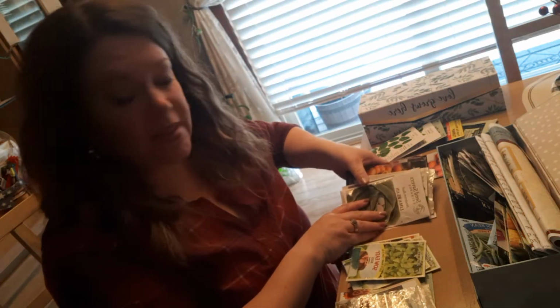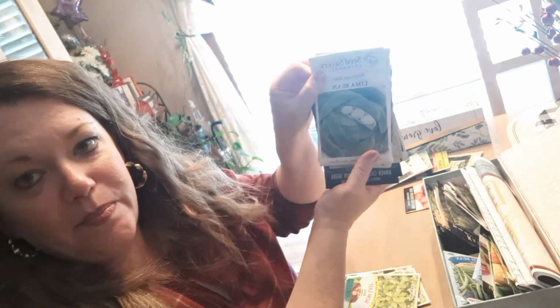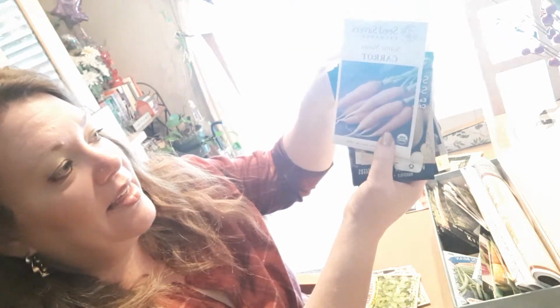So for the seeds that I'm going to get started, a couple of these I will have to direct sow. So I won't be starting them inside, but I'm gonna do lima beans. I know this is backwards. Lima beans are like my fave. Carrots, because I got different carrots this year, a couple different kinds. I grew these last year, the cosmic purples, but I did not like them. They were a little bit more bitter than sweet. And it could have just been because I left them in over the winter, but